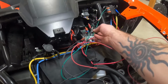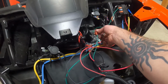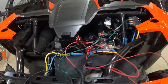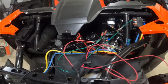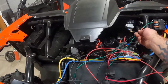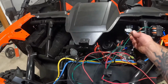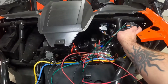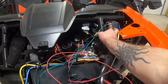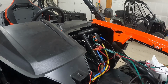So if there's one thing that you can take away from this, hopefully this doesn't make things more complicated, it's that in this scenario, the instructions were wrong. I did not have to actually mess with the control switch for the winch on the dash at all. I just completely ignored that, and it seems like the control signal must come through the solenoid. Geez, that was kind of a pain in the ass, and took a little bit of risk,